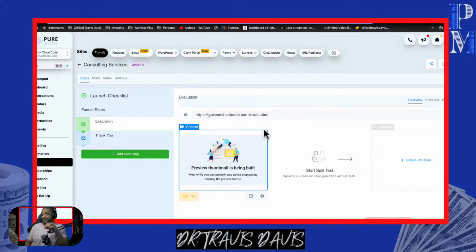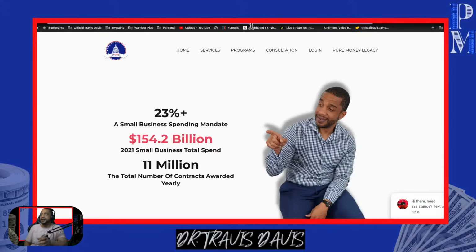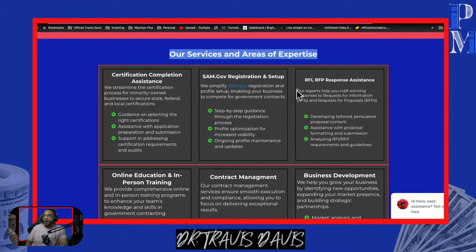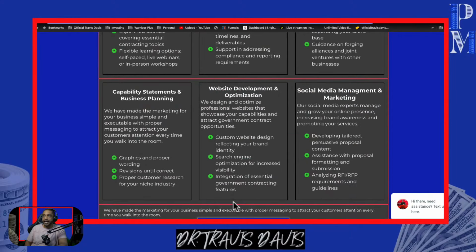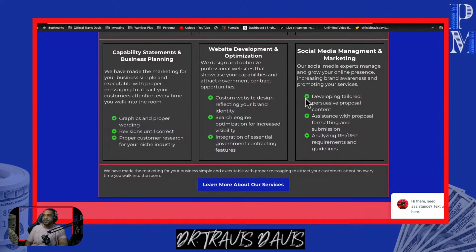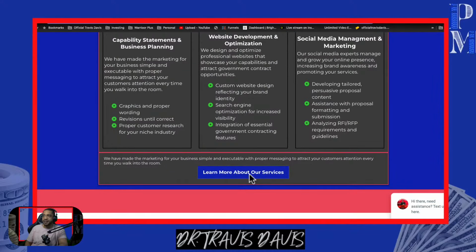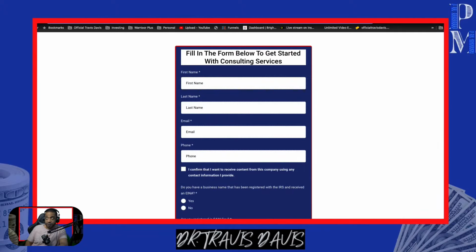But now I have it programmed into the new system, and look how simple it is. It's a consulting services form. Well, in order for them to get to this form, they had to go through GovCon cheat codes. So let's take a look at GovCon cheat codes. They read about what we do for our consulting services. They had to select this button right here, and I just redid this. So let me hit the refresh button, make sure it goes there. When they do this, it comes here. Well, it should. Boom, to the form for them to fill out to get consulting services.